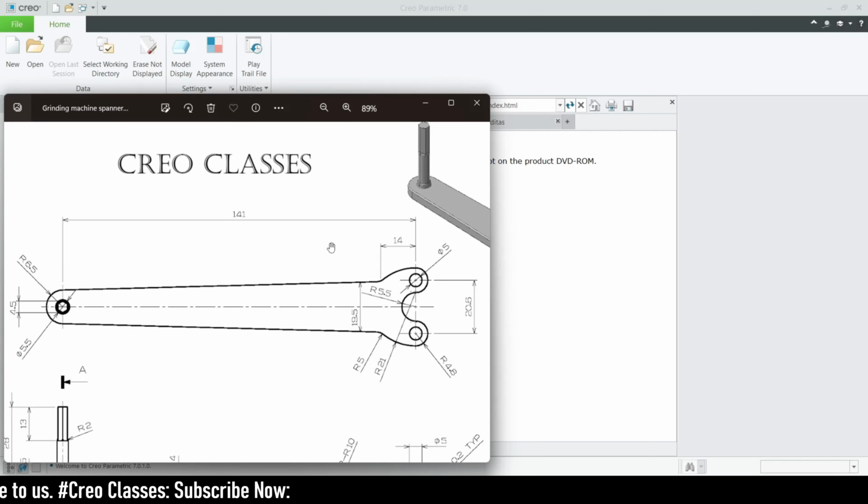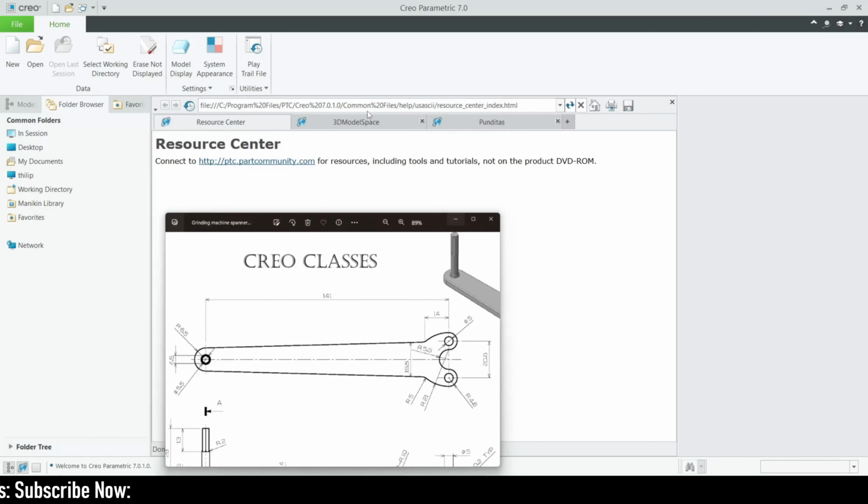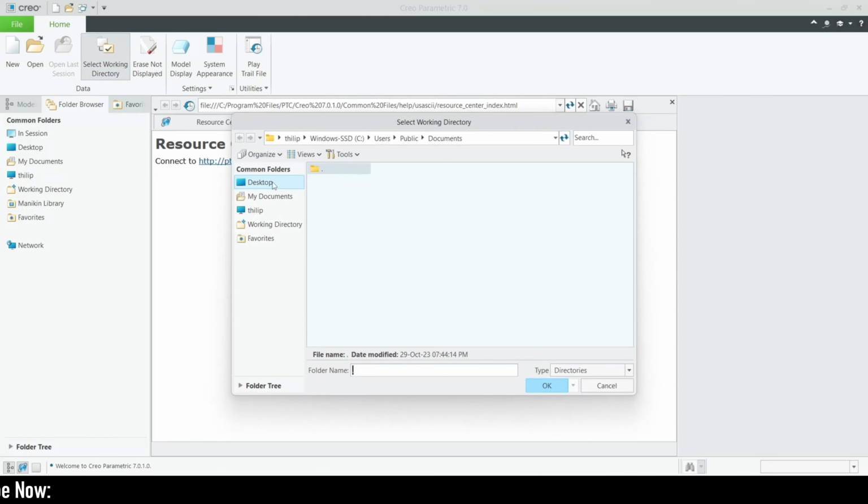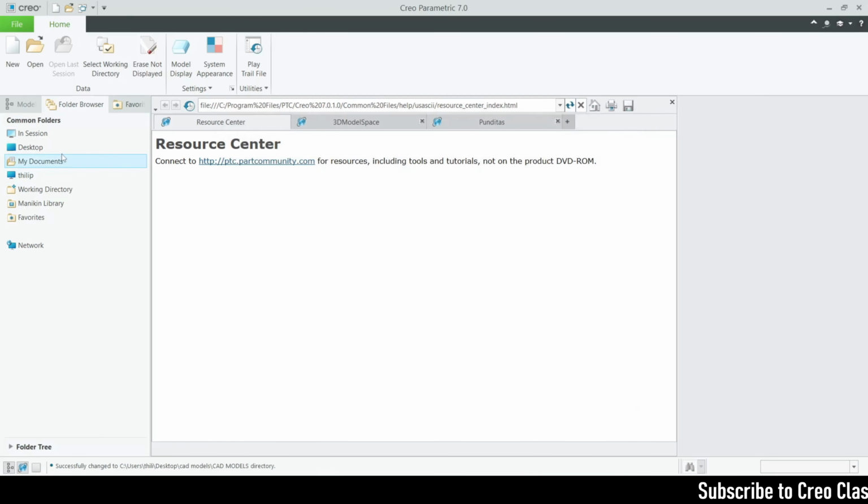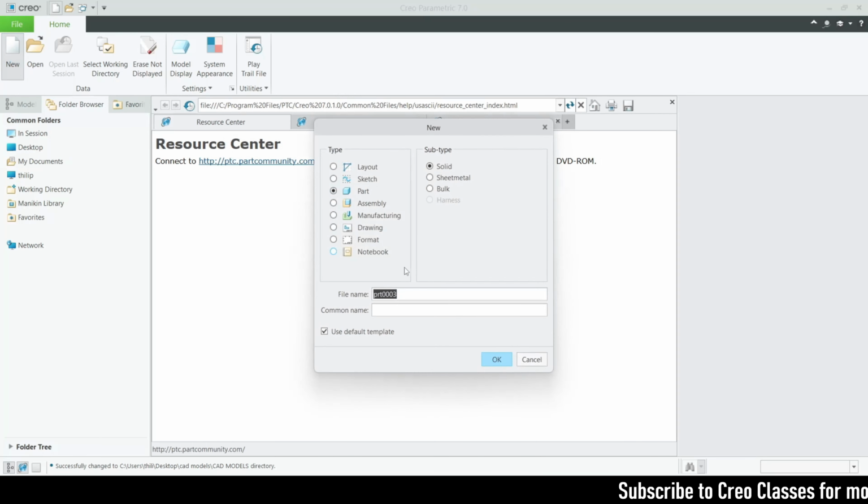First of all, I'm going to start my drawing. Let's get started. First I need to select the working directory, so I'm going to select this CAD models folder. This is my working directory. Then let's click on New, choose the default template, and rename this part as SBA spanner underscore grinding